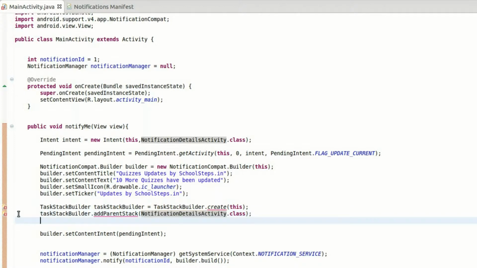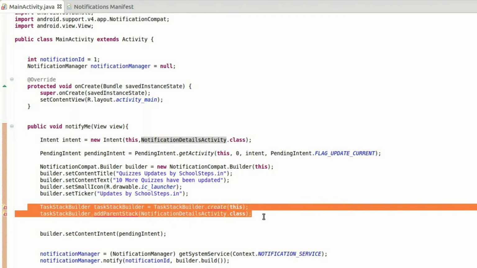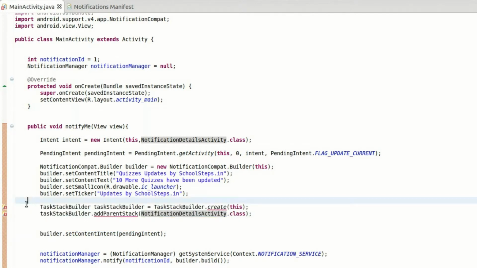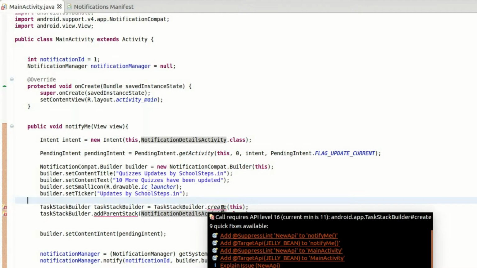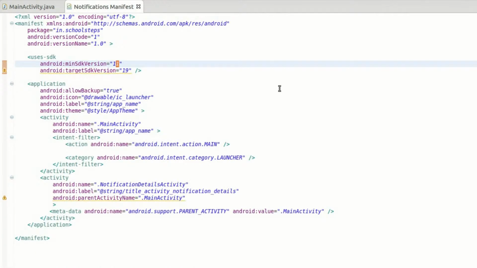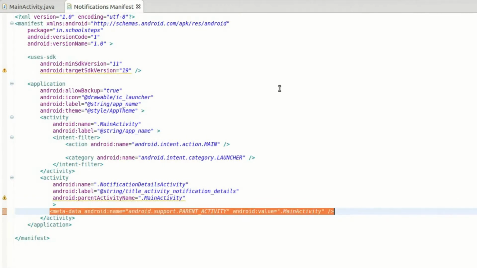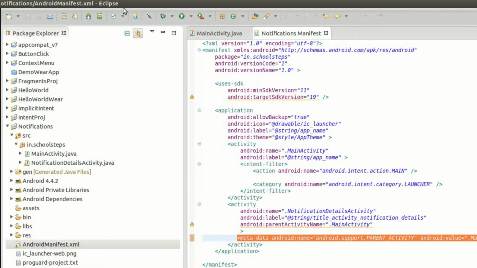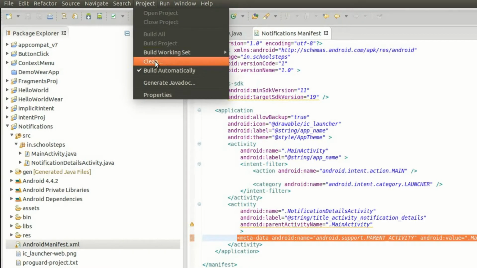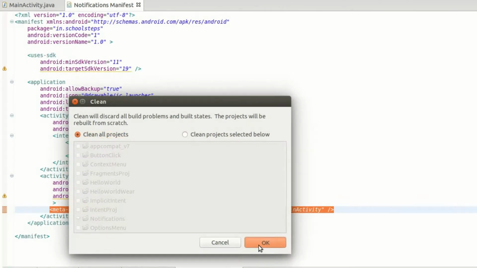This line is, in fact both of the lines are giving us error. So if you see the error, it will complain about API level. There are two solutions for this problem. One is change the minimum version from 11 to 16, or keep the version as 11, make these two entries which we have already made, and clean your project. So all we need to do here is to clean our project because we have already made these two entries.